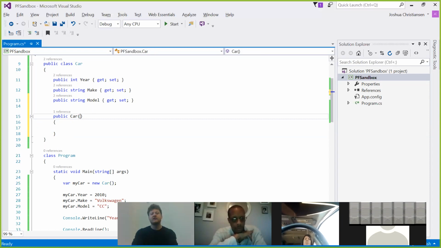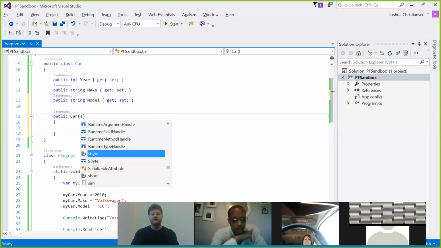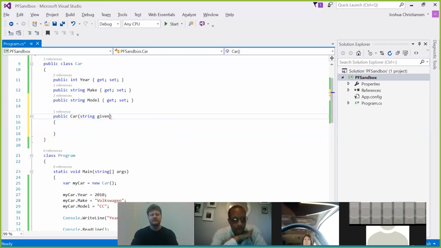So let's include those in parameters: an int given year, a string given make, and a string given model. So to create a car, we need to be given a year, a make, and a model